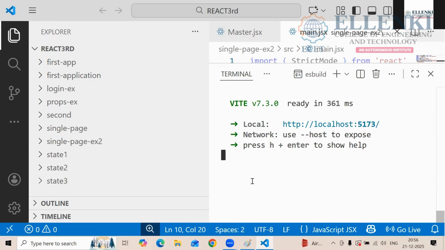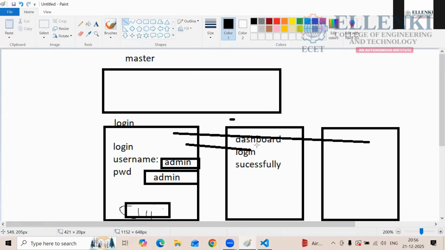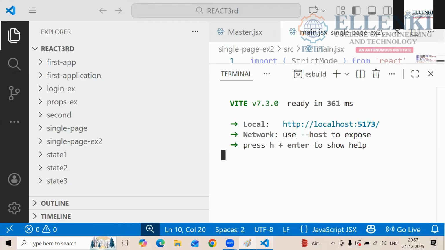Now to create these pages, login, dashboard and error pages, and they have to show in your master component, which means it has to navigate. To navigate your pages, what do you have to use here? Routing, all these things. If you want to utilize link, navigate, routes in your program, you have to ask permission from React, and you need to install one library. What is that library? react-router-dom@6. How are we going to install it?